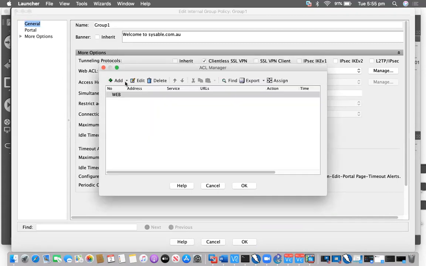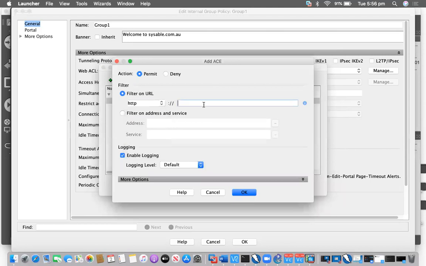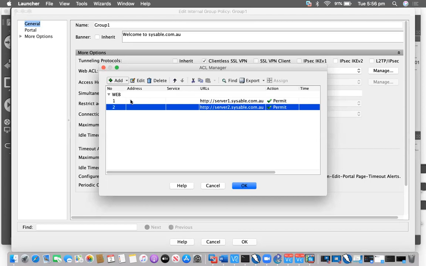It should permit only this one, and server2.sysable.com.au.